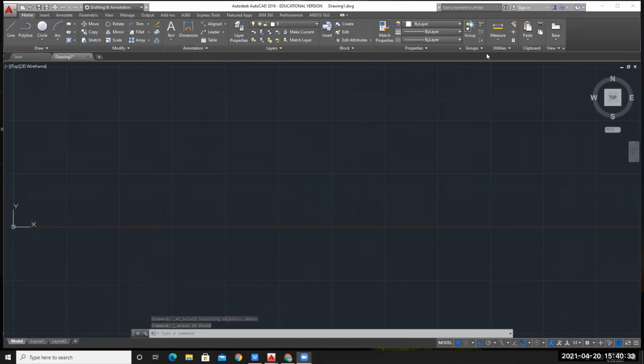Now, once again, what we have learned today, first thing you have learned how to start AutoCAD. Okay. We have seen after that what is draw commands, and we have also seen what is modify commands.